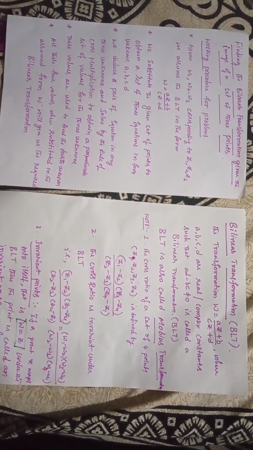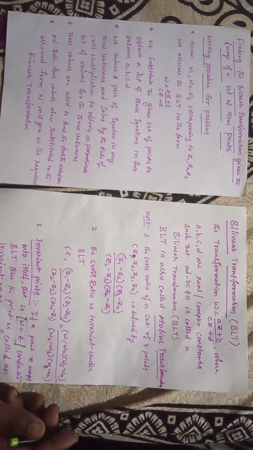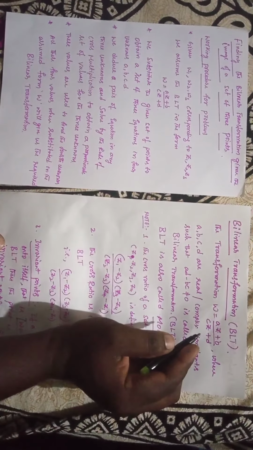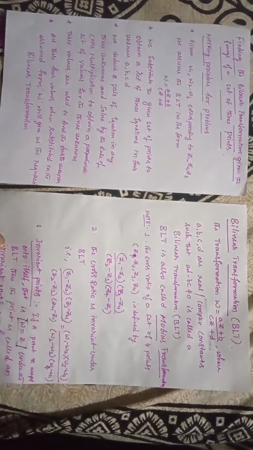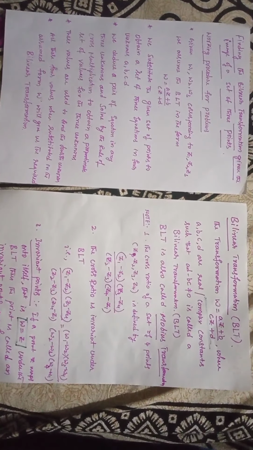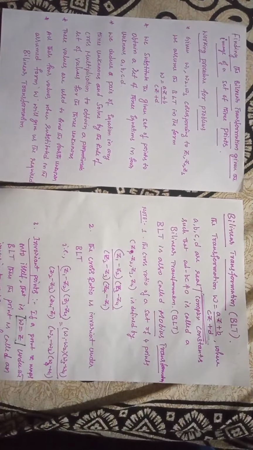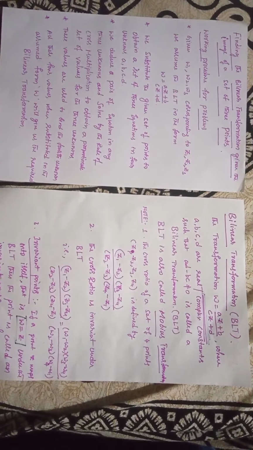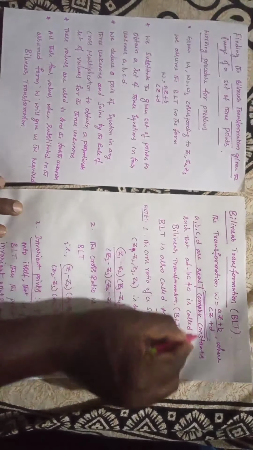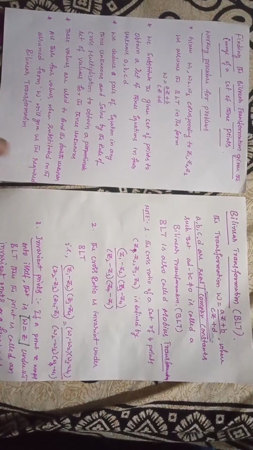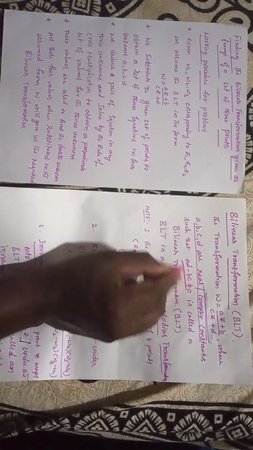In this video, we are going to discuss the topic bilinear transformation. Here, this is the definition. The transformation W equal to (AZ plus B) by (CZ plus D), where A, B, C, and D are real or complex constants. The A, B, C, D are constants such that AD minus BC